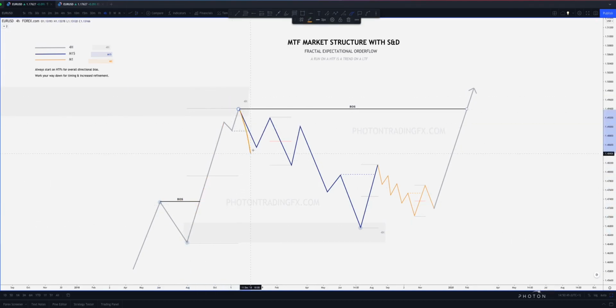So when we see that change of character, we can anticipate that price may want to pull down into the discount, right? This whole discounted range, and to mitigate this 4-hour area of demand to then kick in for that high low to get that next break of structure to the upside. So at this point, what we can then do is jump down to the 15-minute chart when we see that change of character, where potentially the 15-minute chart has now switched bearish,